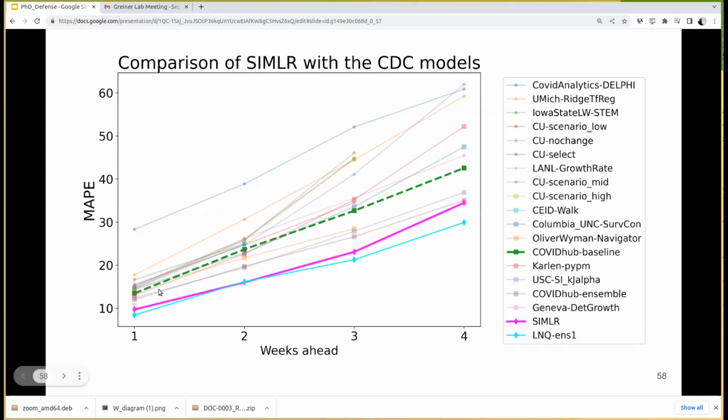What was impressive is that this dotted line in here is the same as the last week. So basically, most of the teams were not able to beat this very simple baseline, which doesn't mean that they don't know what they are doing. This only says that this baseline is actually very, very strong, which makes sense. For example, if we see 100 cases today, it's not a bad assumption to assume 100 cases the next week. It's going to be around that number. So it is actually a good baseline.